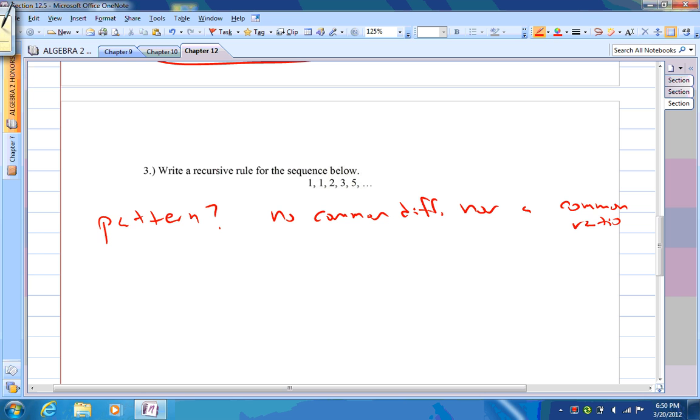Do you see a pattern here? For those who are familiar with the Fibonacci sequence, that's what we have here. If you think about it, it seems like the first two terms add up to the third term,